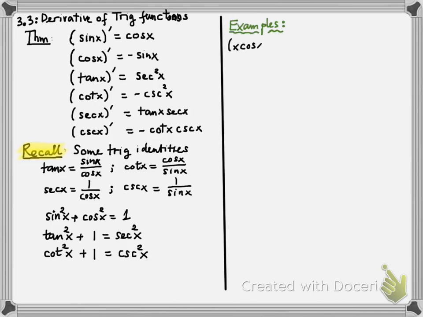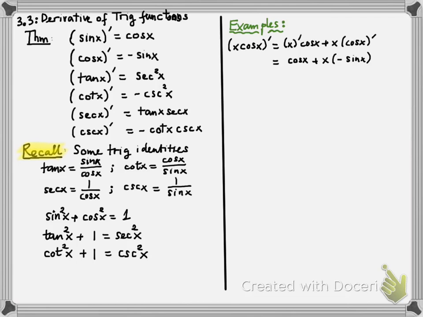And here are the examples. Let's say we want to compute the derivative of x cosine of x. As you can see, it is a product of 2 functions. So we have x multiplied with cosine x. We will need to use product rule, which if we write it out, looks like derivative of x times cosine plus x times derivative of cosine. Then, derivative of x is 1, so we have just cosine, where derivative of cosine is